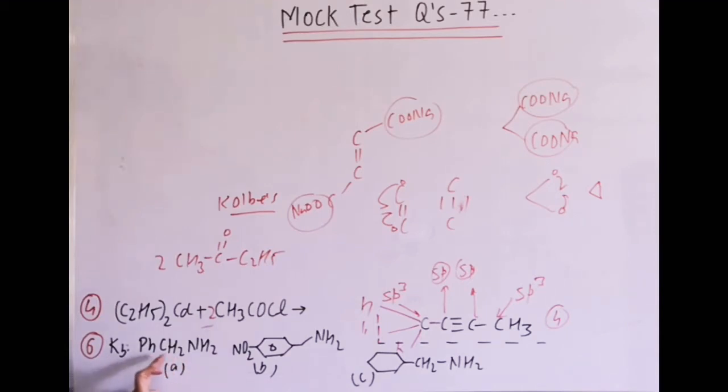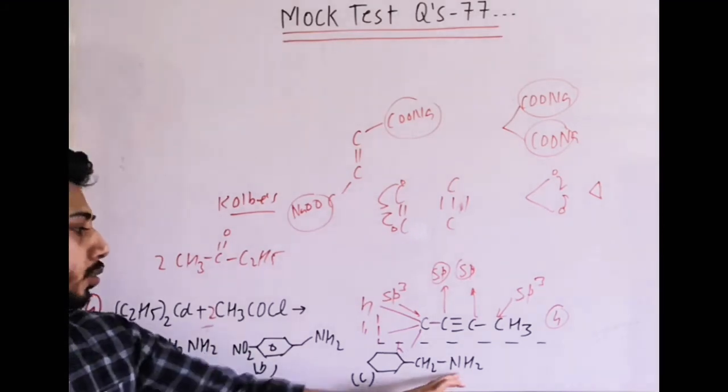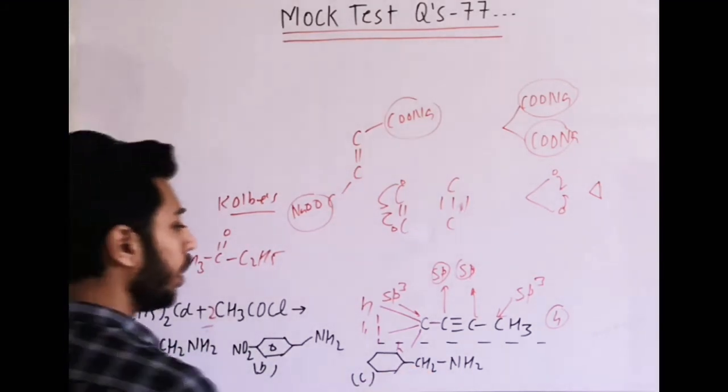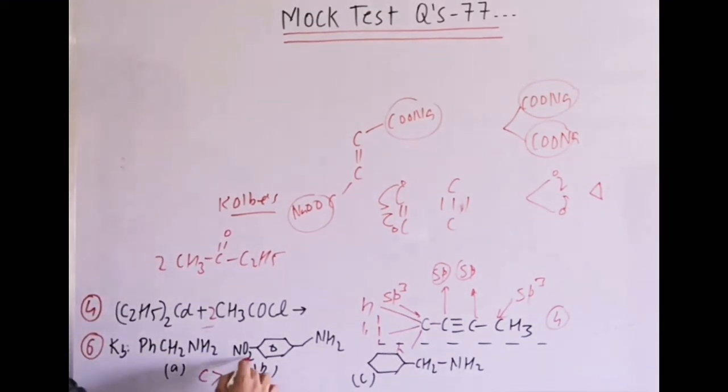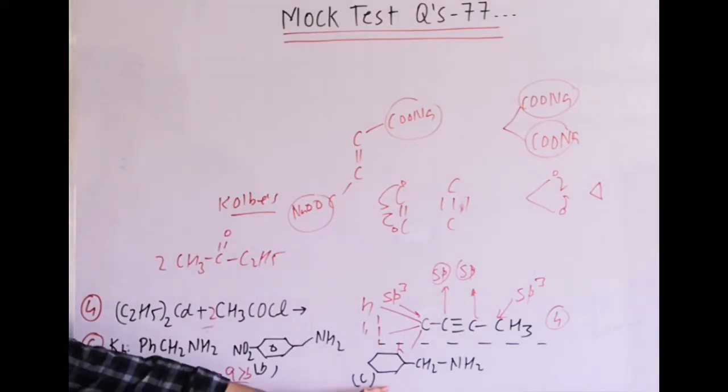Next question is Kb comparison among these amines. You can see this is PhCH2NH2. It is Ph, but a withdrawing group is there, and here there is no withdrawing group, in fact a releasing group. So the maximum basic strength is for C, then for A, and last for B. Why? Because the more the withdrawing effect, the less the basic strength. Here also the minus I effect of the benzene ring is there. It is still less as compared to C. Maximum C, then A, then B.